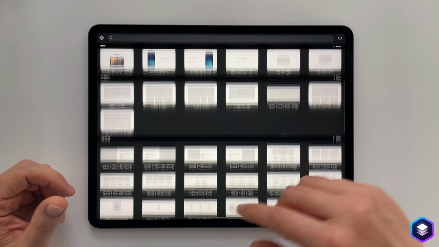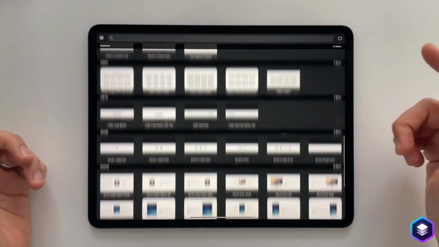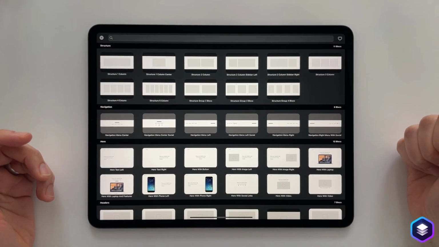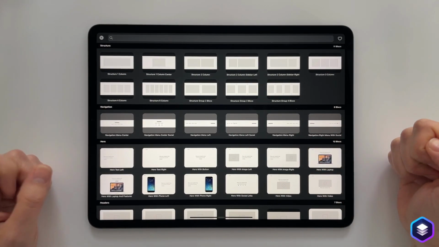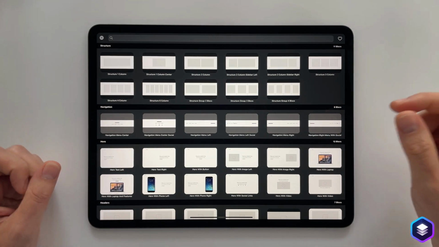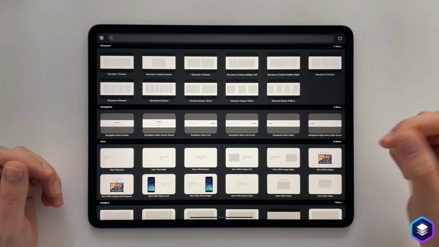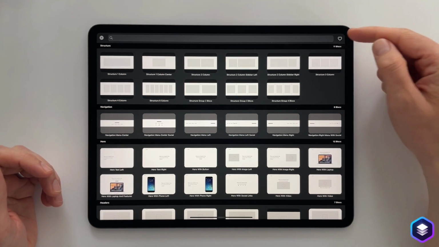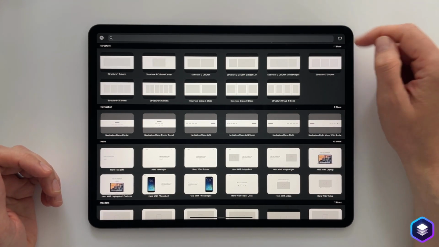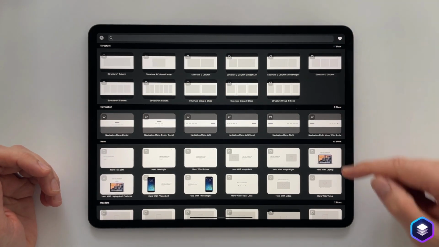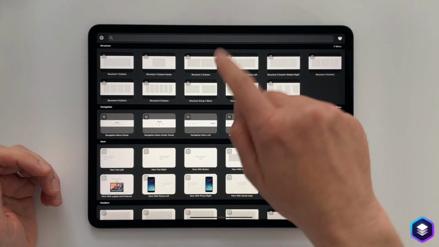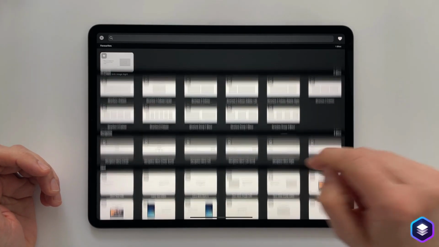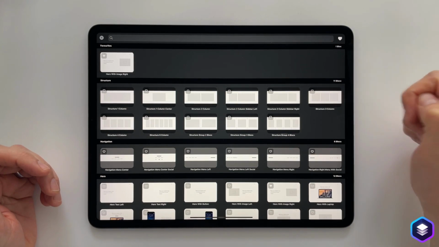You get to see all of your blocks covering that entire space on that gorgeous screen. Now, one of the little differences between the block bar, other than the size of it, is the ability to like and favorite blocks. So if you notice up here on the top right, we now have a new button, a little heart button. We touch that, you can see that all of the heart symbols have now been illuminated across all of the blocks. If I just touch one of those, it'll add it to my favorites.